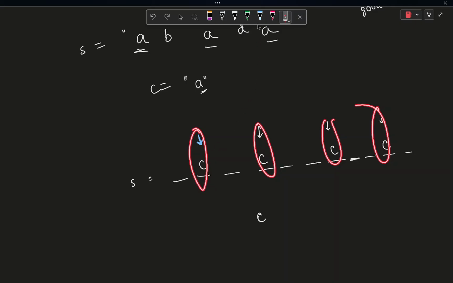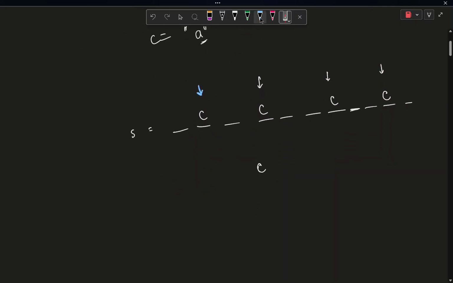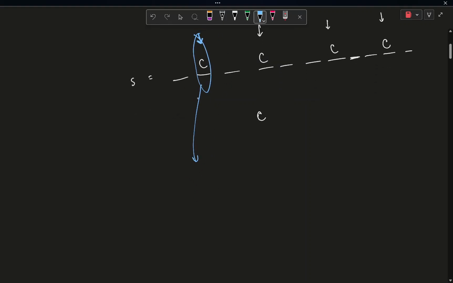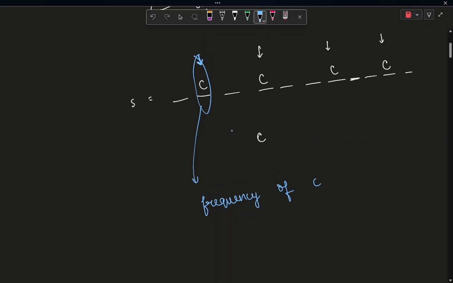a good substring, right? Probably you would have noticed the idea that for an index like this, the good substrings starting from this index will be the count, or maybe the frequency of C, or maybe you can just say frequency of s[i], if the string name is s. So the frequency of s[i],